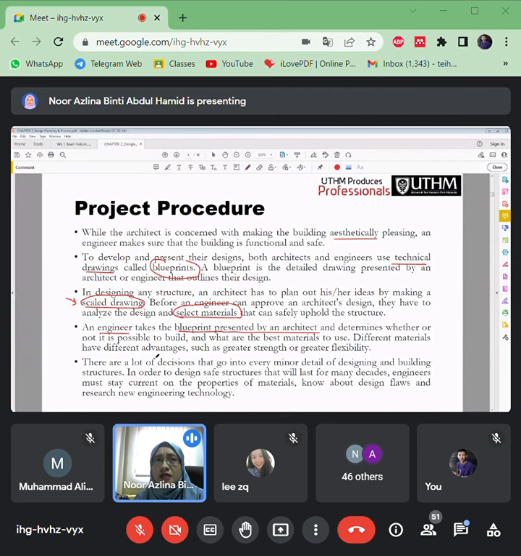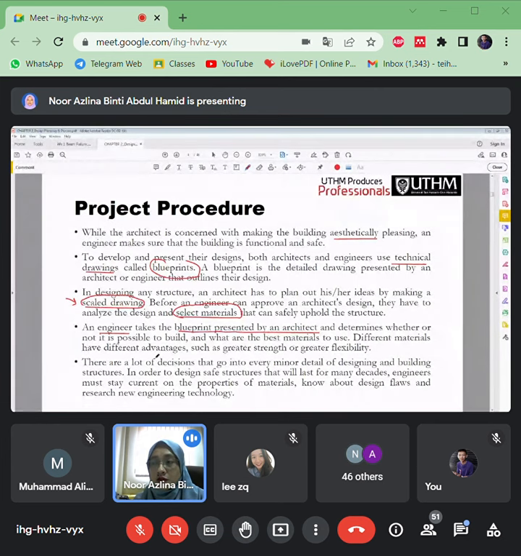But we as engineers, once we analyze, couldn't make it. It's not possible to construct with just a few columns. So these are the things that we look for.